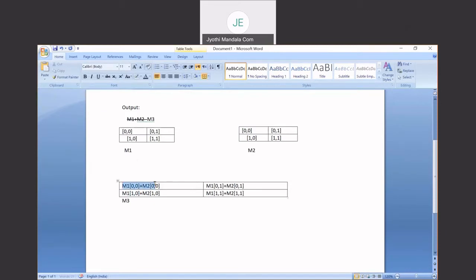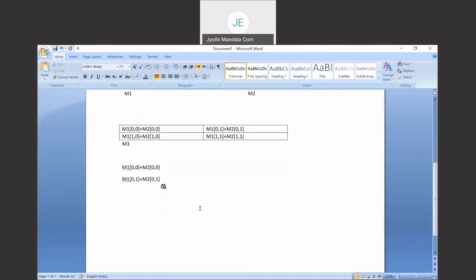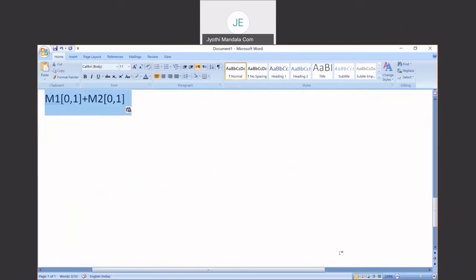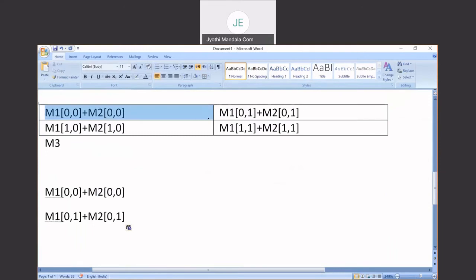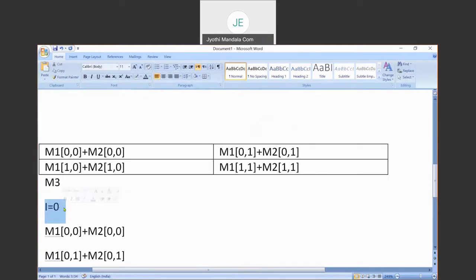Now let us take these two values first. Control C. I am copying here and this value. We need to write in the form of iterative statements, right? Now if you see here, this value is fixed. This 0, observe carefully all of you. I'll increase the font size so that it will be clear to you all. I have taken the first row. First row, two values. First row is I equal to 0. Isn't it or not? First row is I equal to 0. I value is 0. I'll write small. Now if you see, this is your I value.